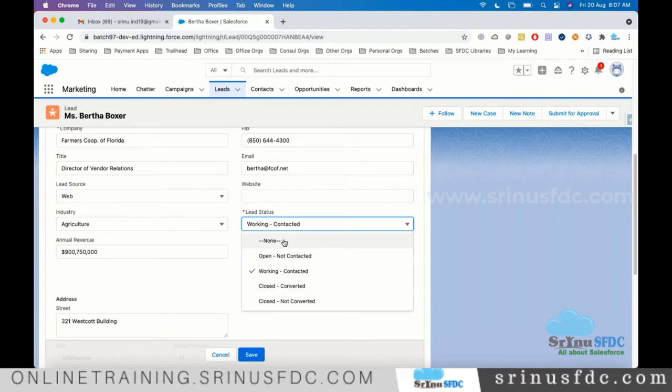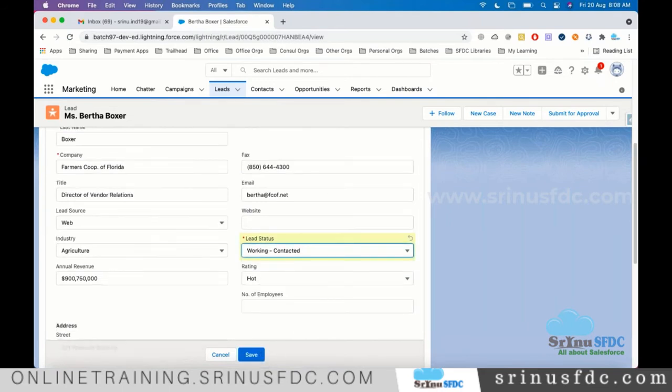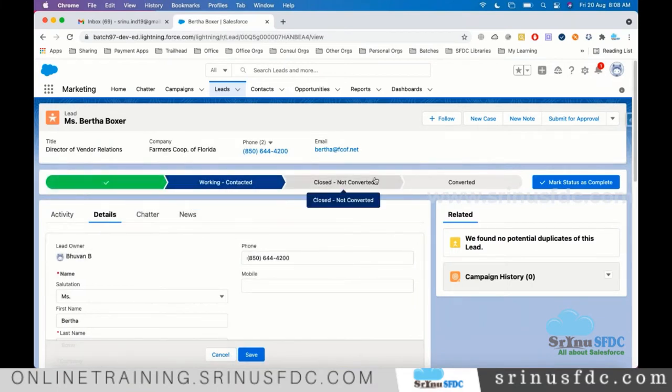Okay. So here, if the lead is showing interest, the lead can be marked as closed converted. If not showing interest, they'll mark it like this, and going forward, don't call that lead. So that's what will happen. And also, based on this status, if you see this, you are seeing a path, right? Here, a pictorial representation of what is happening to the lead. Technically, we call this the lead path. So what is the progress of the lead? By seeing this, you can easily understand, right?